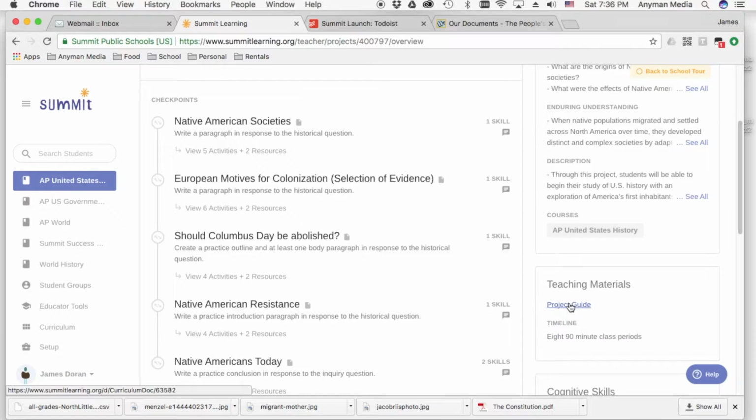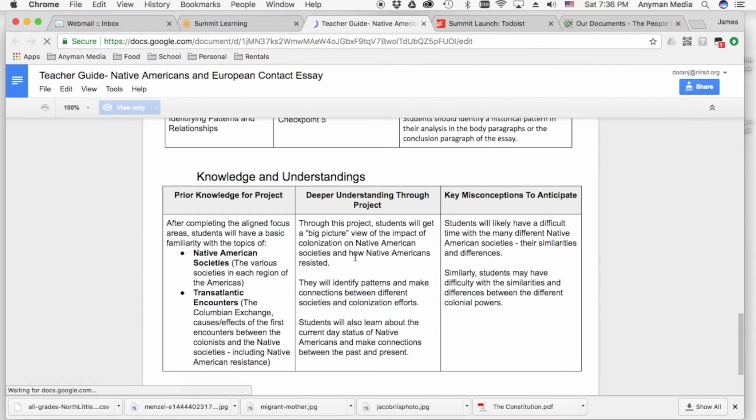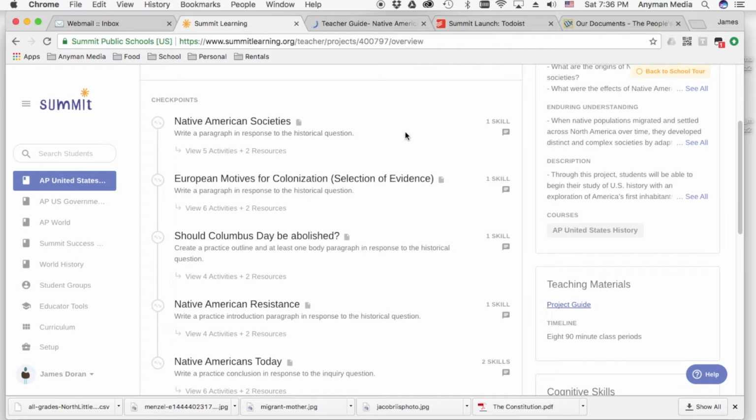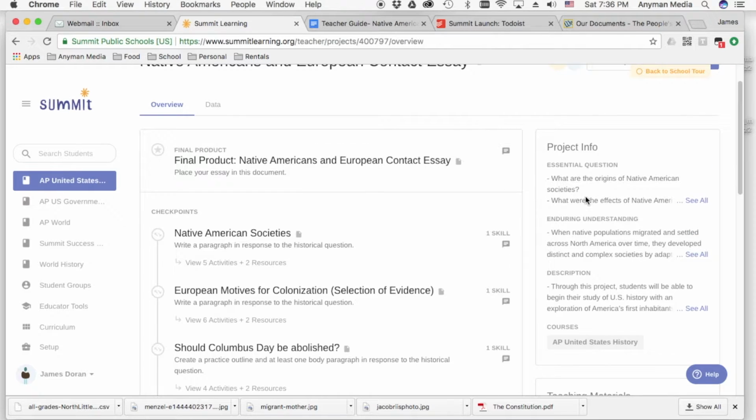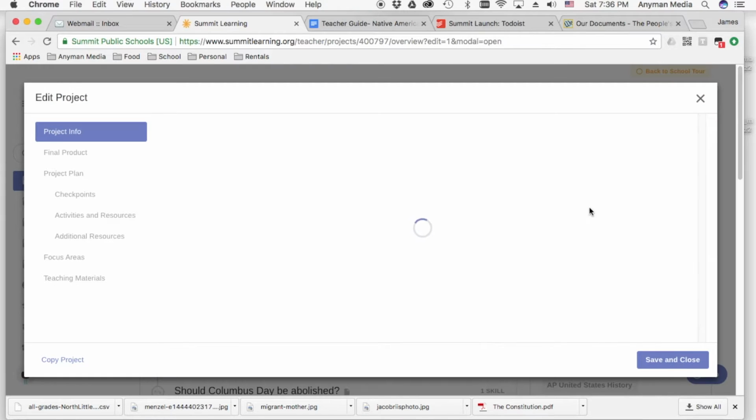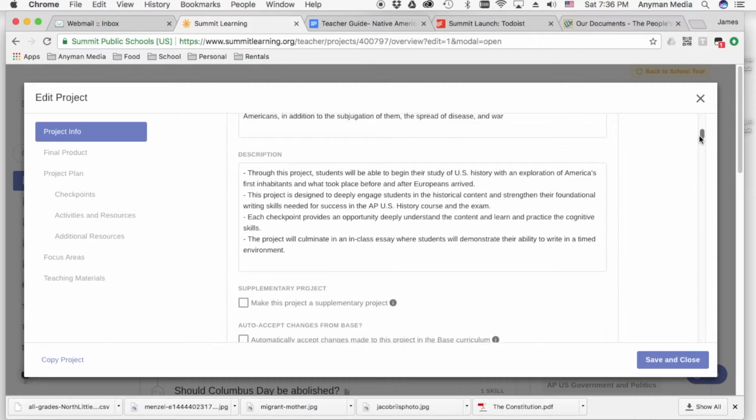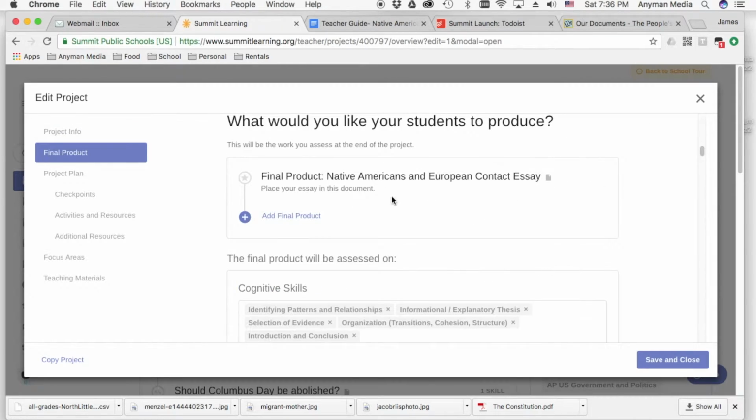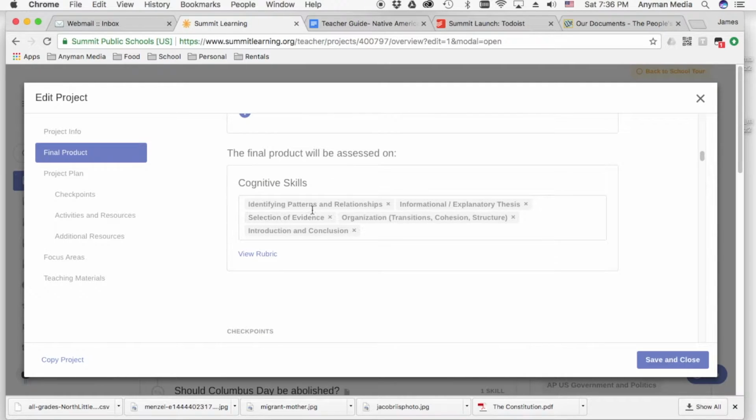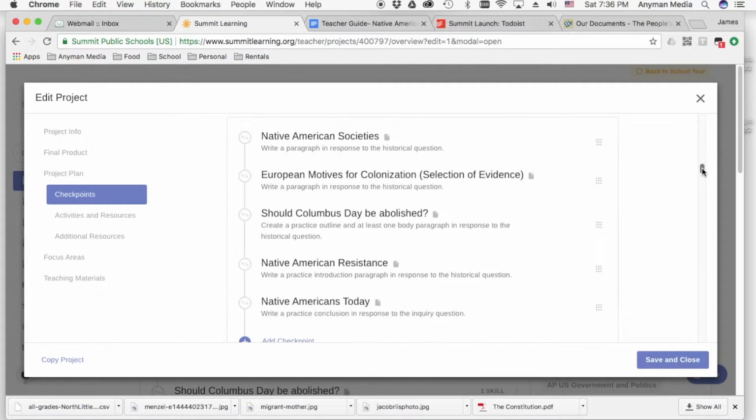There's also a project guide here that you can click on. Project guides are there for teachers to make it easier to understand how each one of these is supposed to be walked through. You have essential questions and enduring understanding, which can all be edited if you go up here to edit project. You can edit what goes into it, all the information. You can edit the final product. You can add a final product, change exactly what it is that you want to see. You can add or take away cognitive skills that you want to grade the project on. This is where you edit